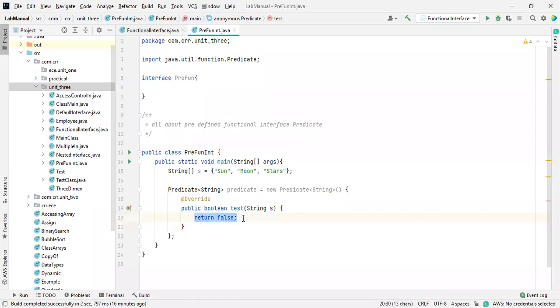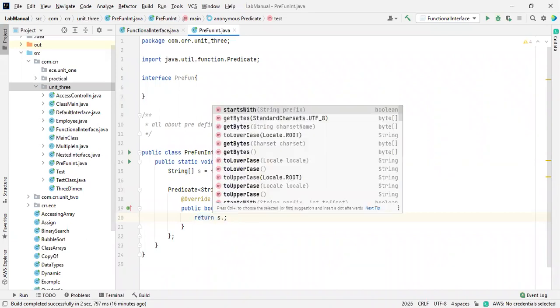Okay, here inside this, what is the main thing I'm going to do right now? What is the use of test? How are you going to use a Predicate? So inside this, we will take a condition.